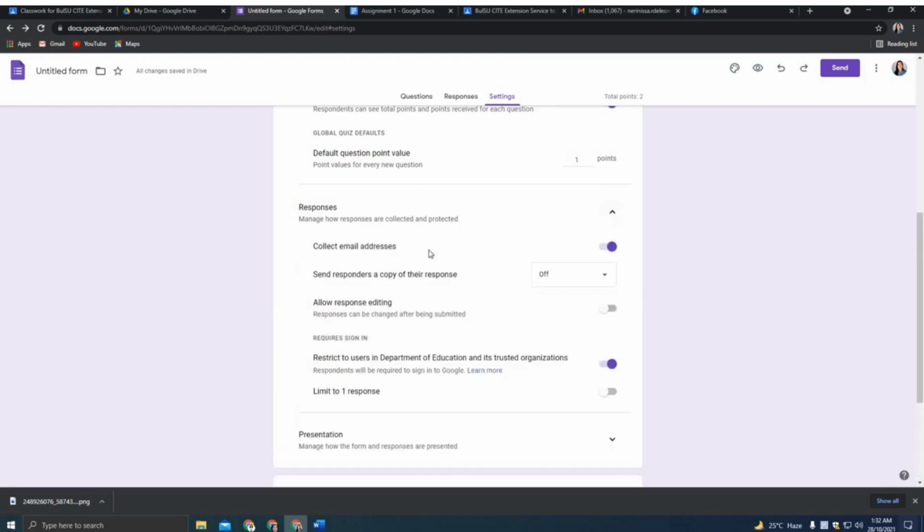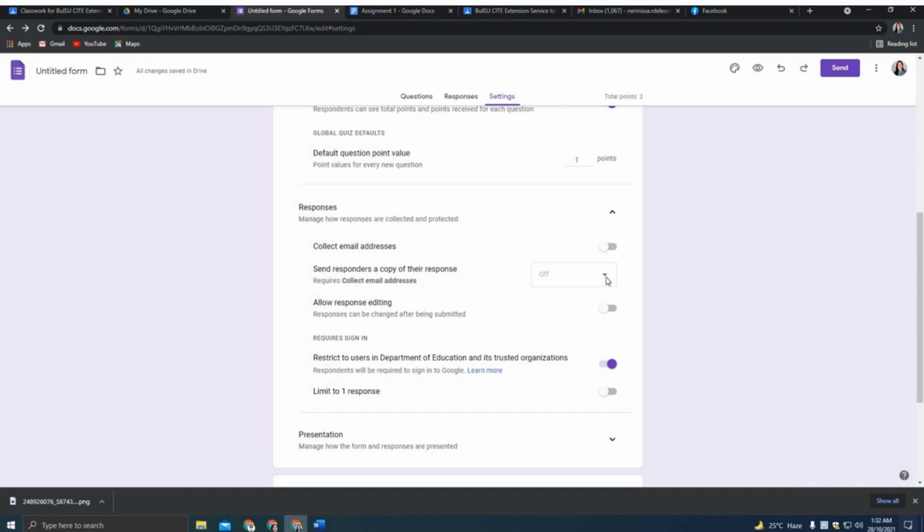Responses. Collect email. Let's say we don't want to collect their email. Send respondents a copy of their response, so you may turn it on or you may simply turn it off. But in this case, since we do not collect the email addresses, then we cannot send them a copy of